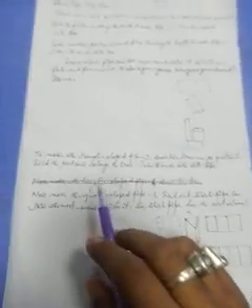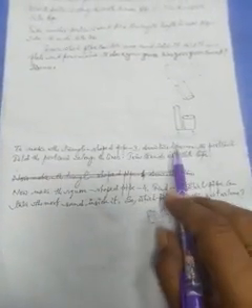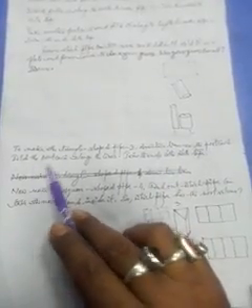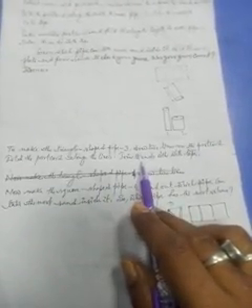So what we do? Draw two lines on the postcard and fold the postcard along the lines. First we take a postcard, then we draw two lines with equal distance, then we fold the postcard along the lines. Join the ends with tape. If we join the ends with tape, then we will get this type of triangular box.